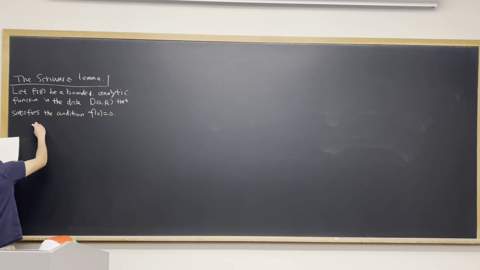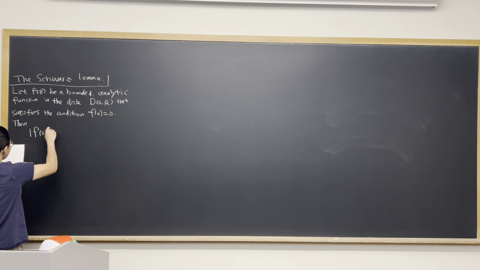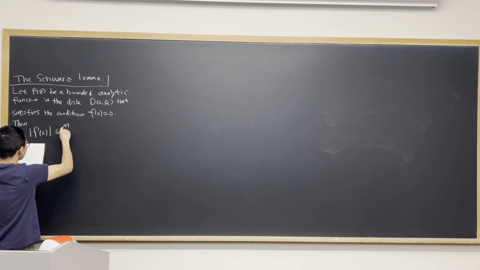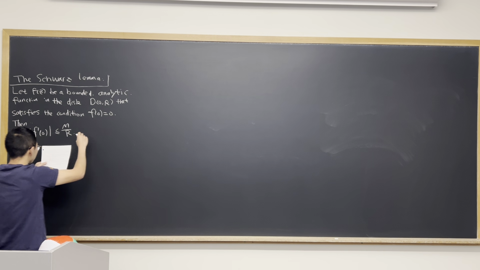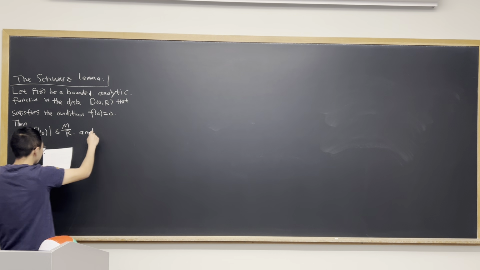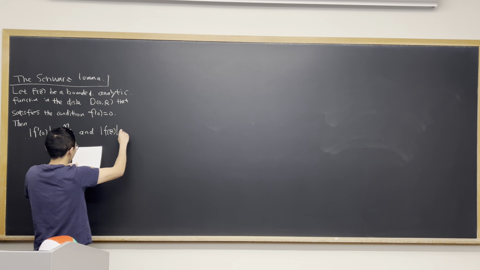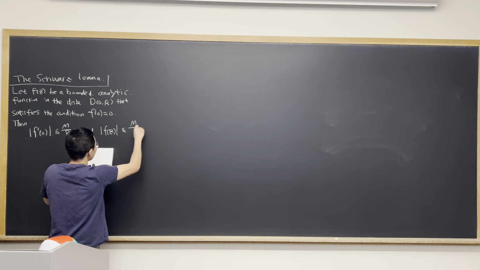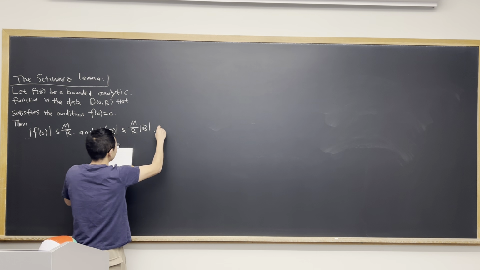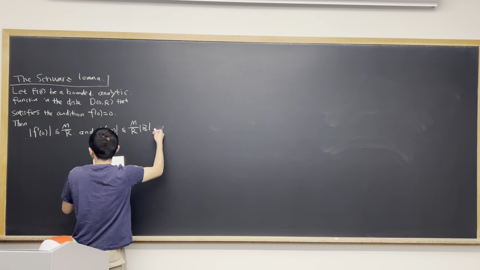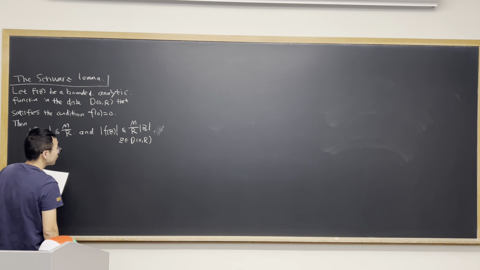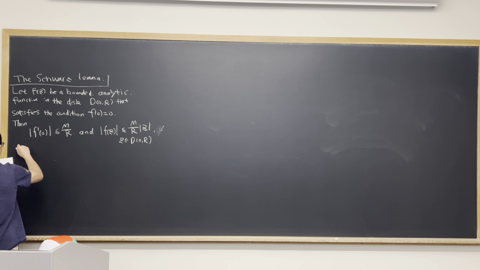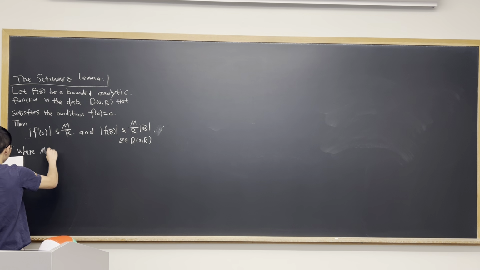Then we have that the modulus of f prime at 0, where we are taking the complex derivative, because f is analytic, so f is holomorphic, so you're allowed to take the complex derivative, is less than or equal to M over R, and I will tell you what this M is later. And the modulus of f(z) is less than or equal to M over R times the modulus of z for z in the open disk with radius R, where this M is defined as